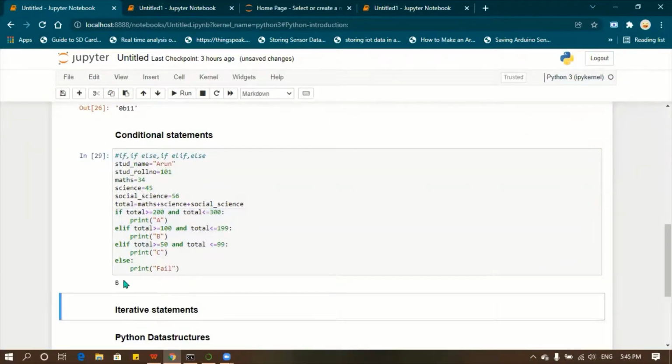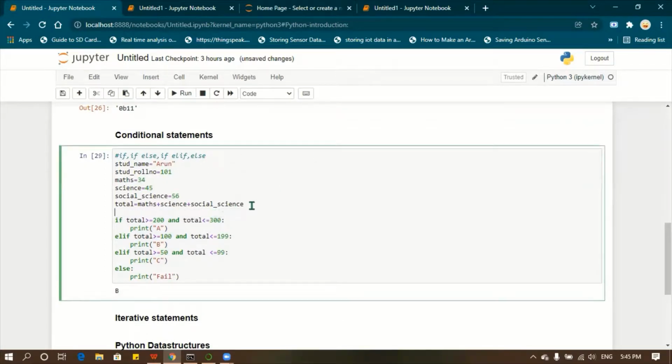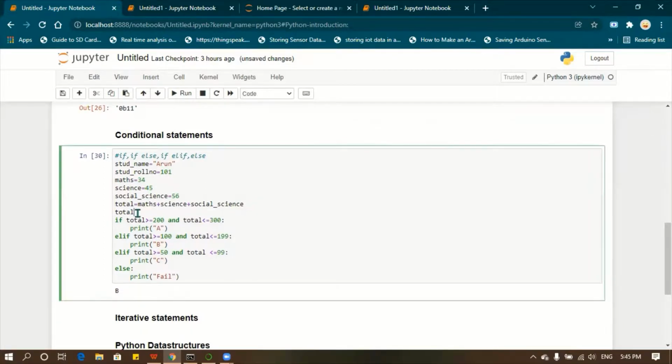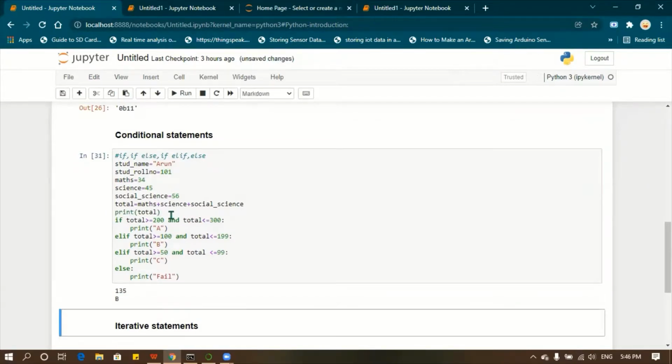It prints B. You can even print the total. So total is 135, which is somewhere between 100 and 199, so it prints B. Are you able to understand till this?